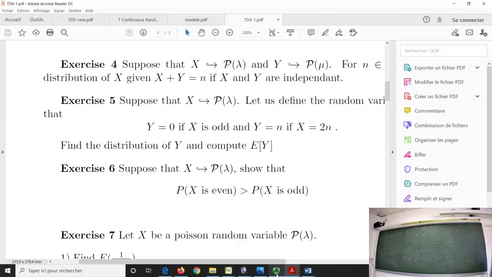Yes? I just want to make sure I'm reading that symbol right, that even is greater than odd. Even it's tricky here, huh? Because, yes, okay, even is greater than odd. Yeah, that's what I want to prove, huh? Look at the board. But it's strict here because exponential here is a strictly positive number. So in fact I have a little bit more because I have a strictly positive number here with a minus and here a plus. So this one is strictly greater than this one. Exactly what I want to prove. Okay, thank you.